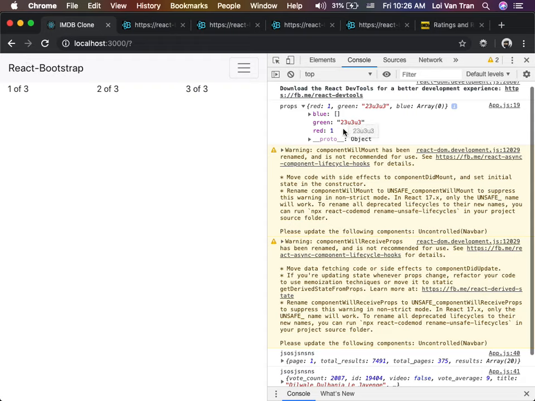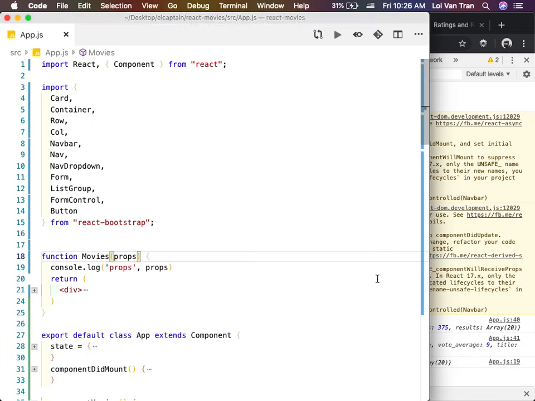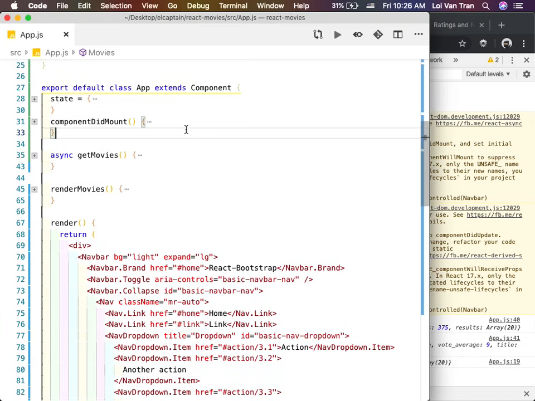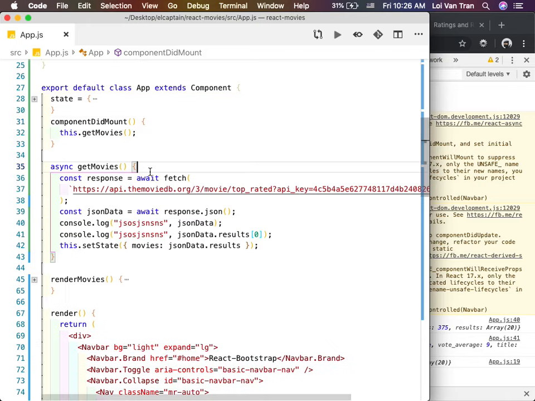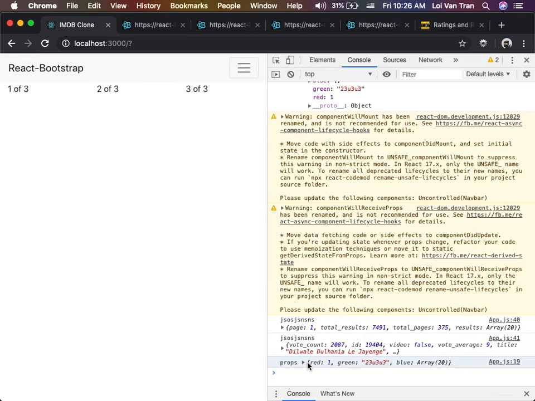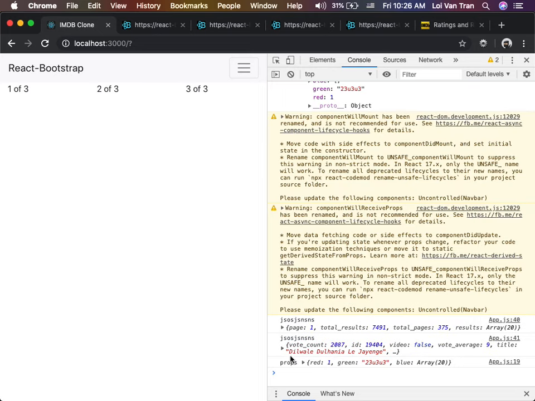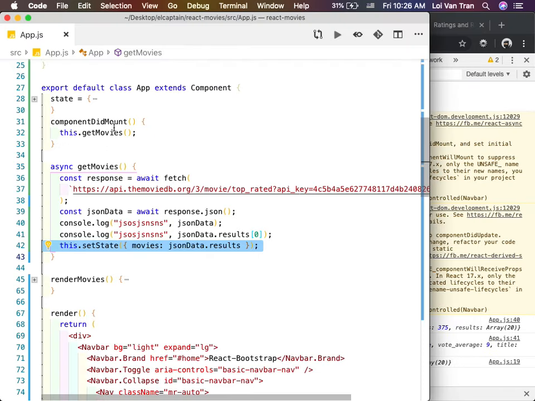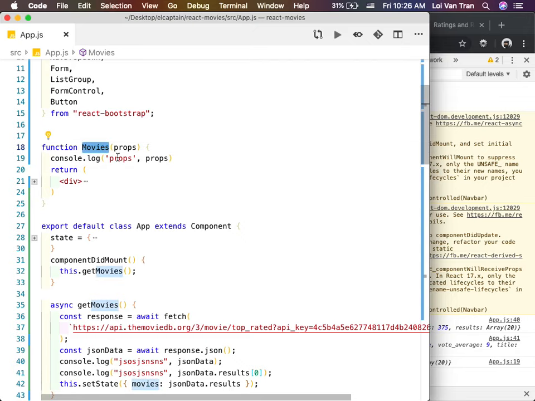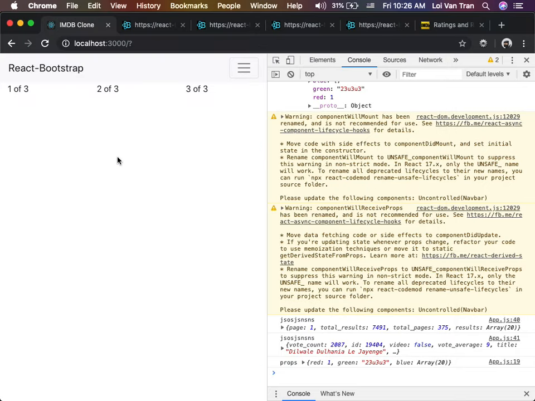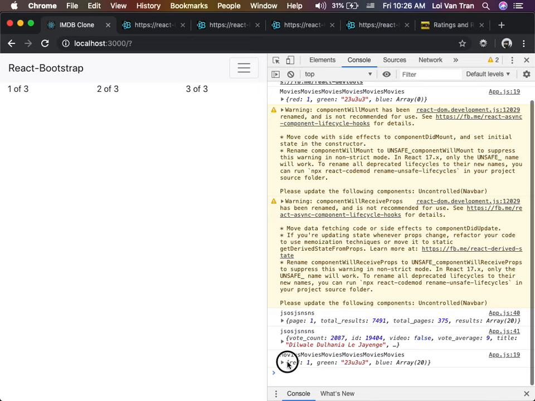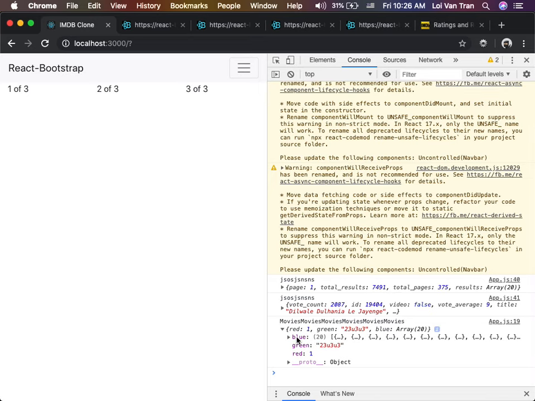Amazing. And then after our component ran inside of our app, and we got the data, and we updated the state, and we updated the movies piece of state, what was the properties that were sent into our movies component? Let's make this more explicit. So that afterwards, we got a property passed in from our app component to our movies component by the name of